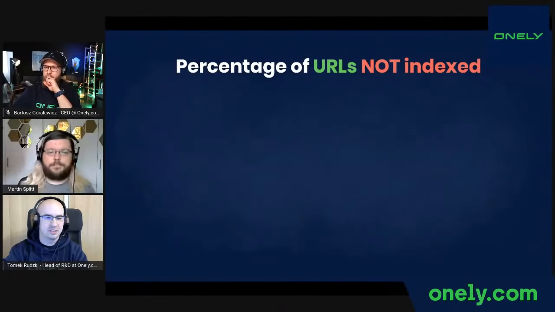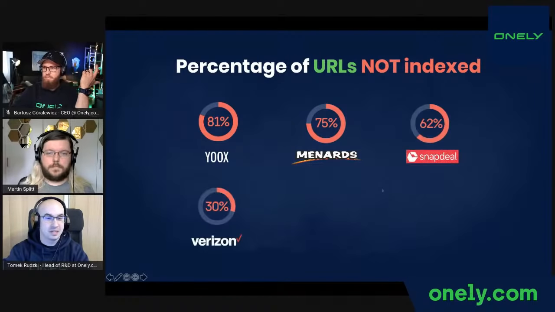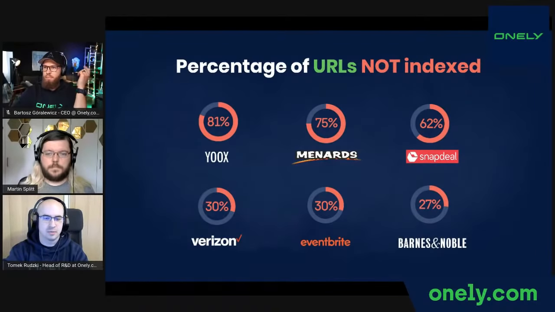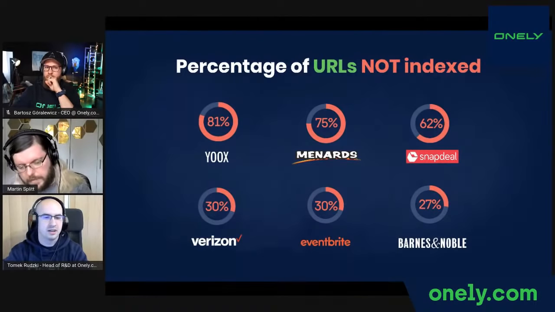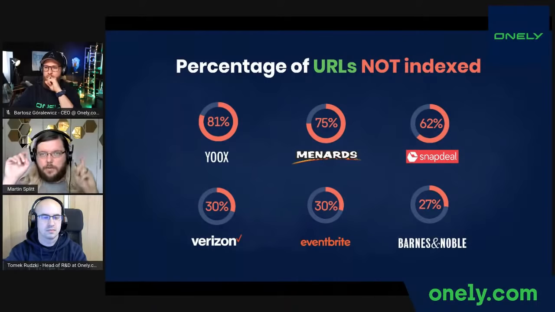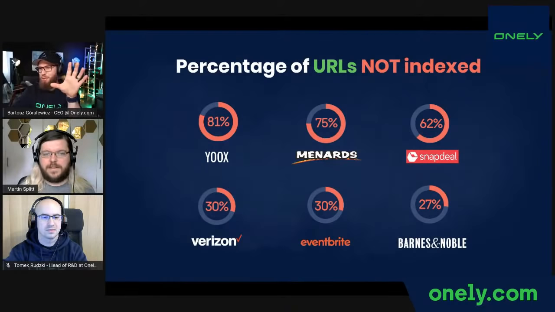So basically, that's true that Google doesn't index every page on the web. And according to our statistics, Bartek, can you show that? There are many big websites like Yux, Verizon, even Bright that really struggle with indexing. And it's not only related to these indexing bugs you are talking about, but also about how Google works, how the web works, like the web going bigger and bigger. Sorry, I misunderstood the question. I thought this was specifically about the outages. In this case, both those topics are very interesting, so don't worry about that.